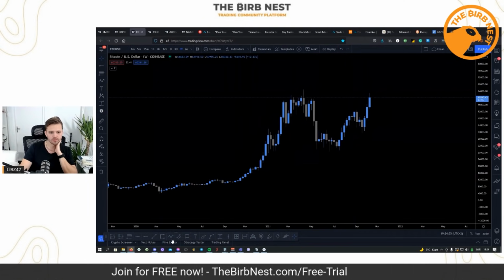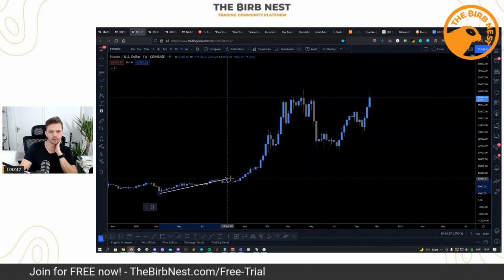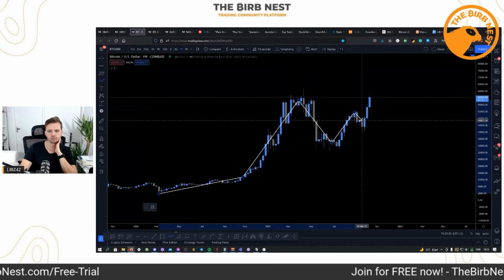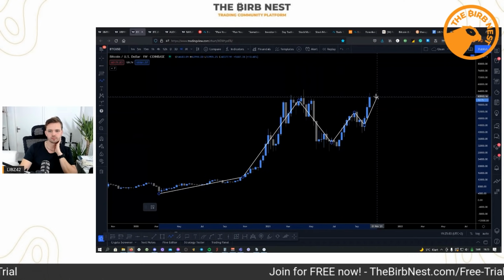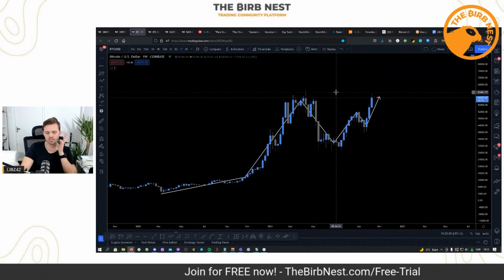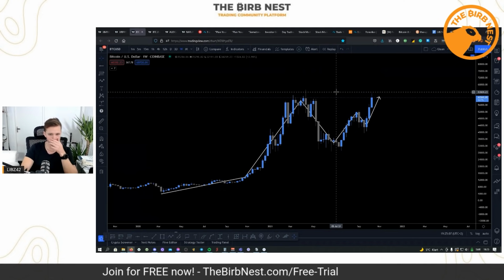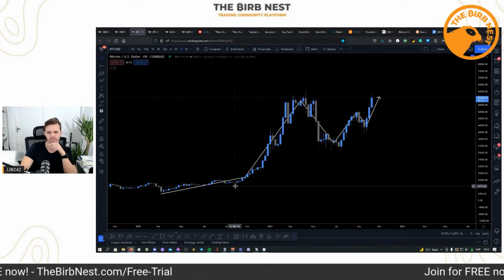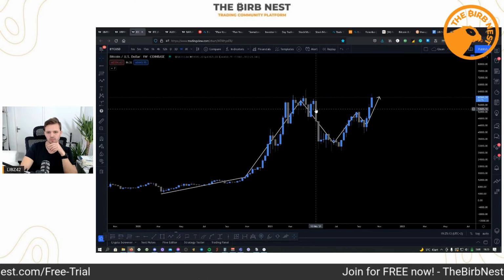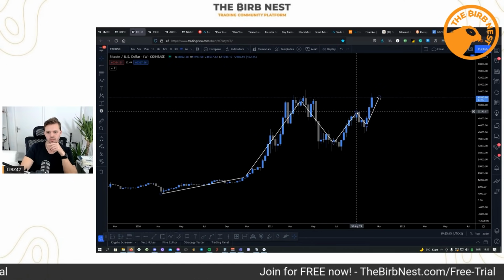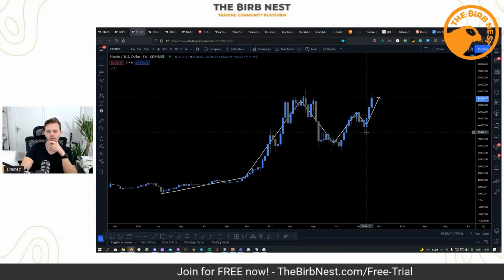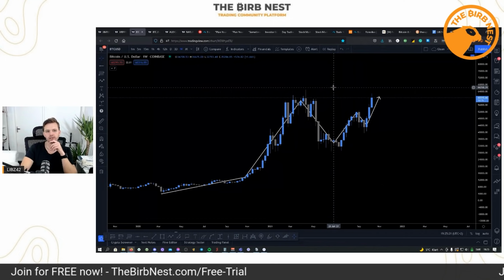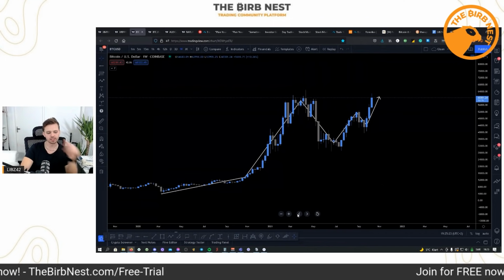Obviously, you have the uptrend right here. This obviously looks like a picture perfect uptrend almost, right? So that's one push to the upside, huge dump, another push, throw back to the breakout level, and another push that's happening right now. And what I mean by price action being fractal is